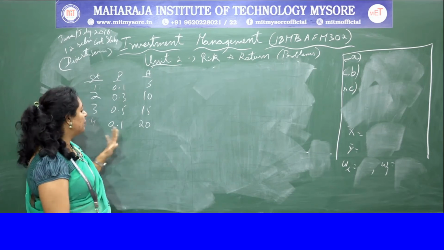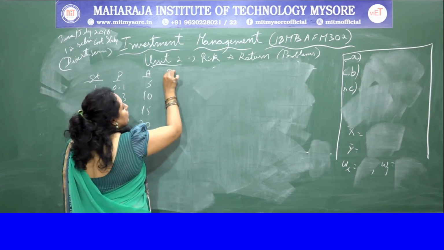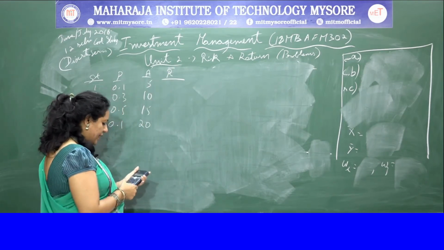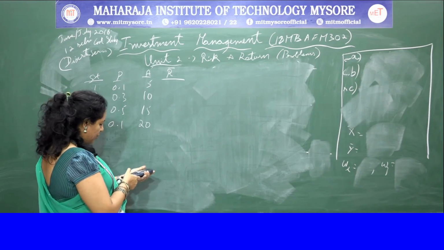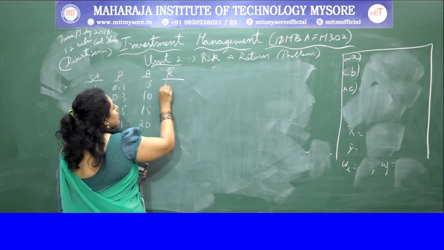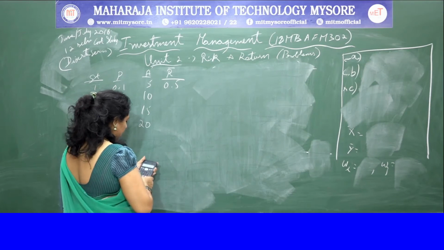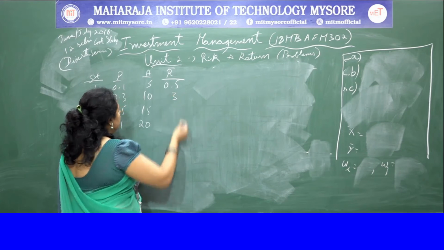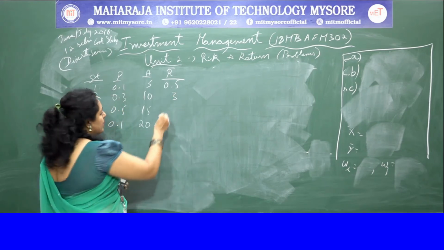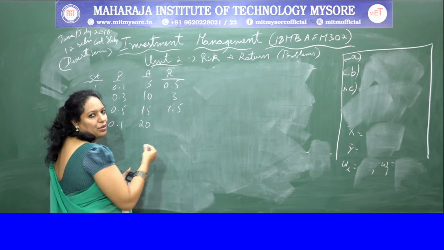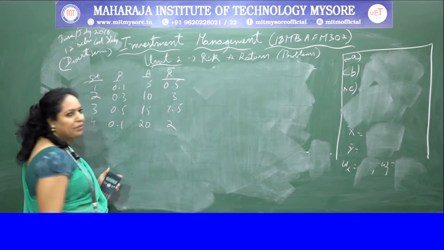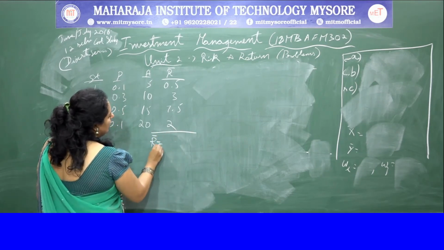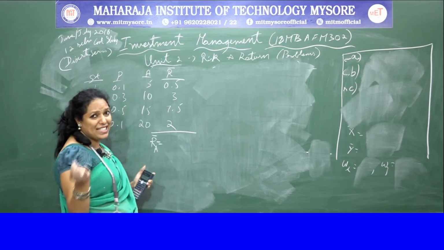Just see, they have given the probability. So in a discrete series problem, to calculate R bar you have to multiply these. So let's start multiplying. 5 into 0.1, you get 0.5. 10 into 0.3, you get 3, I guess. Yeah, 3. Then 15 into 0.5, it is 7.5, and 20 into 0.1, it is 2. Okay, so let's add for the R bar. R bar we'll write; it is, as it is, security A.